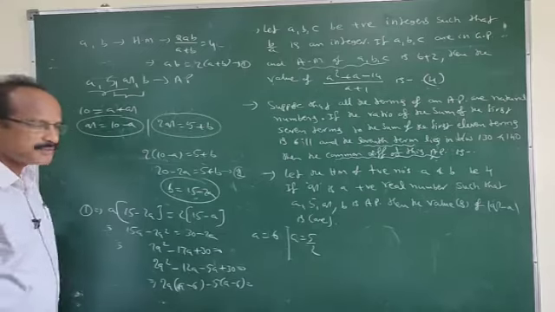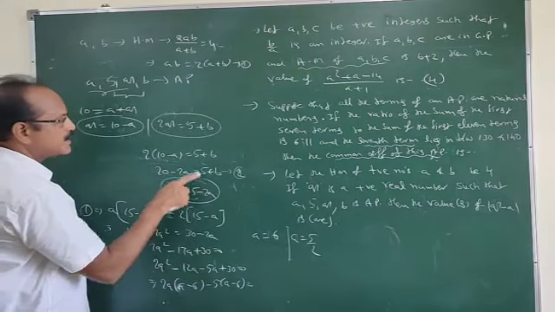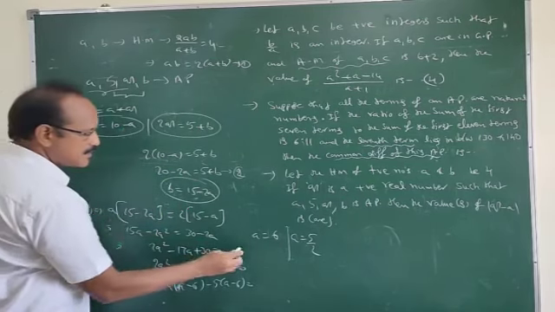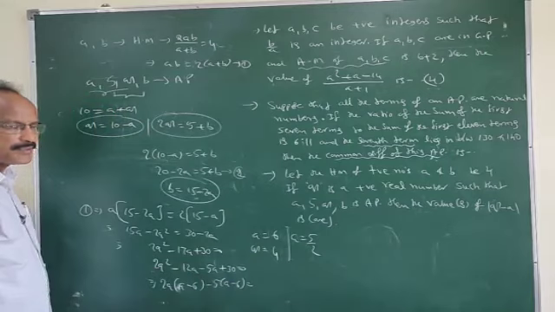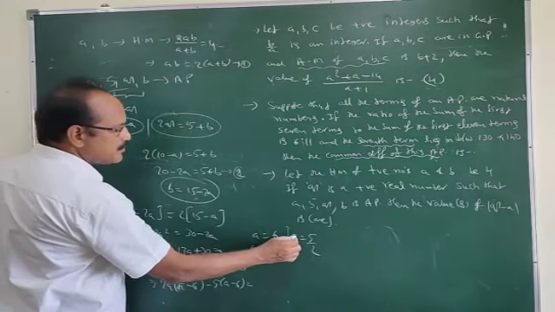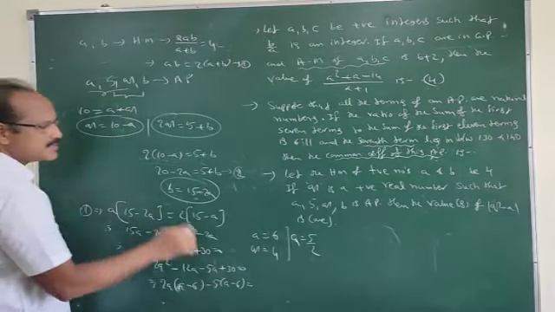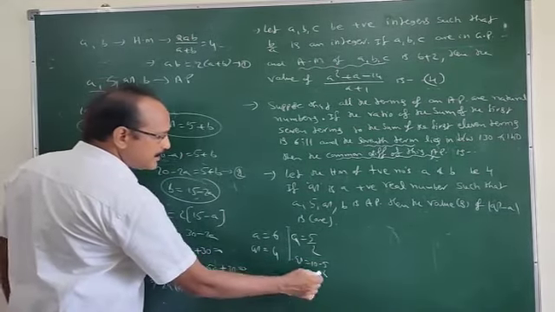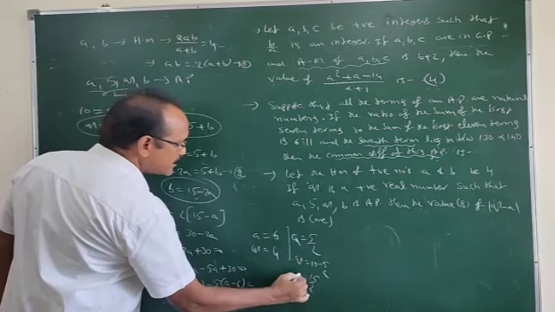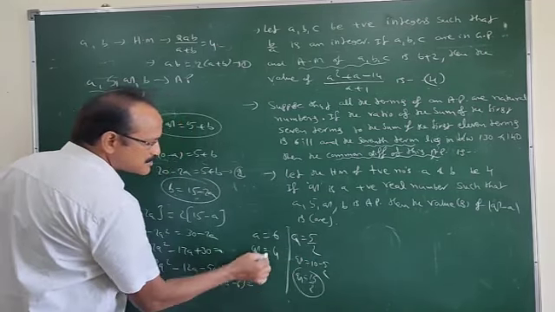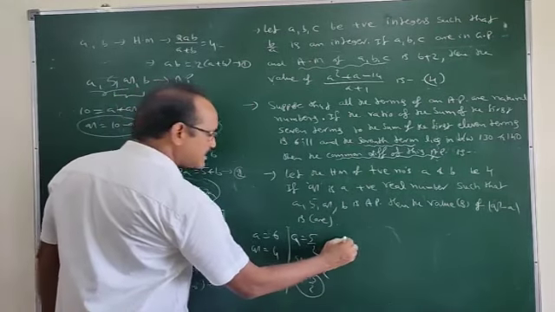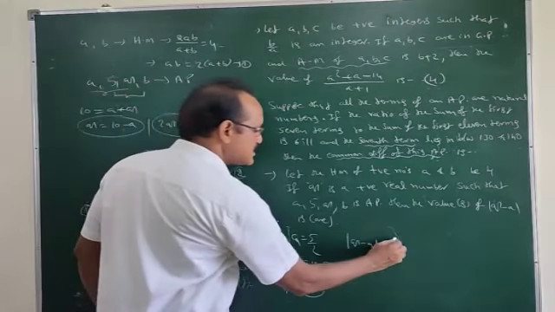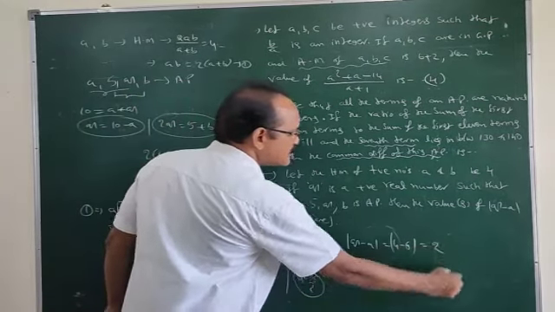If the A value is 6, then you can calculate the Q value from this relation. Q is equal to 10 minus 6, which means 4. Or if the A value is 5 by 2, then Q is equal to 10 minus 5 by 2, that is 20 minus 5, 15 by 2. So this is the combination of values of A and Q. Finally you have to calculate the values of Q minus A, that is Q is here 4 minus 6 under modulus, that is absolute value is 2.